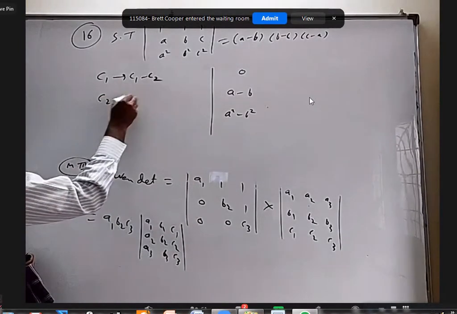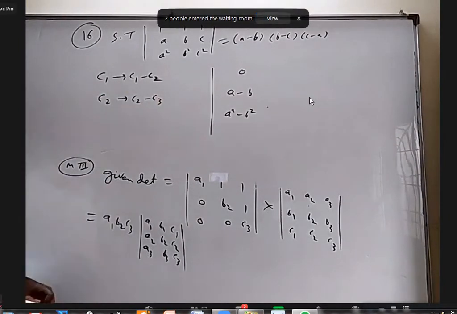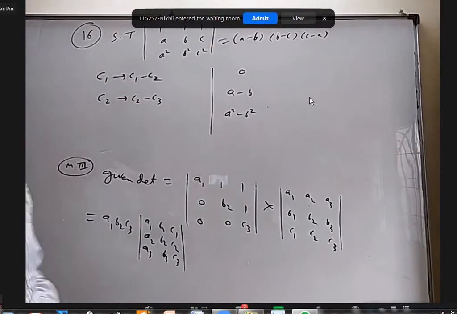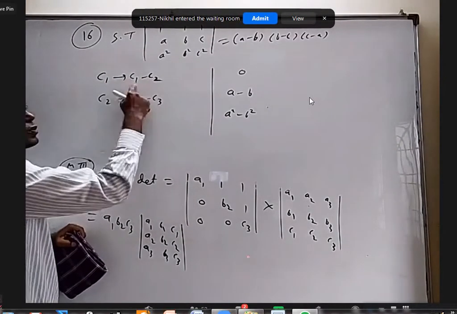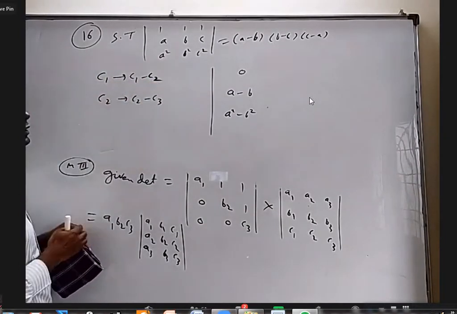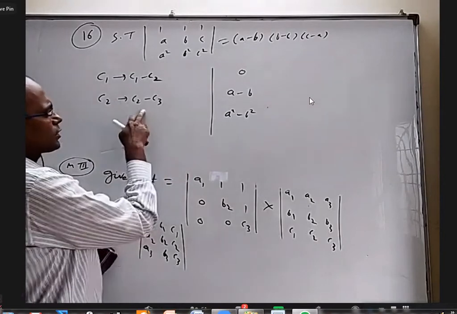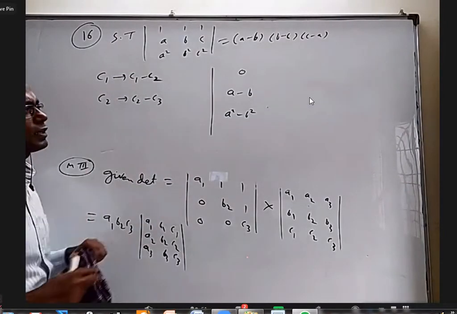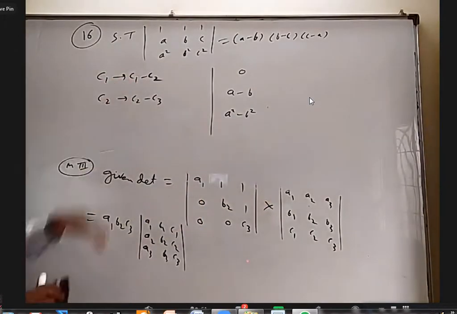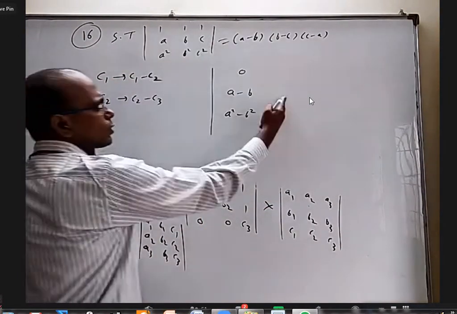Similarly, in the same step, I want to do another operation, column 2 as column 2 minus column 3. Nothing wrong in doing two operations at one step, because when I did this, I changed only column 1, but column 2 did not change. I only used column 2 here. Whether I do this operation in the next step or the same step doesn't matter, because from the second column I'm removing the third column. After this is over, nothing happened to column 2.